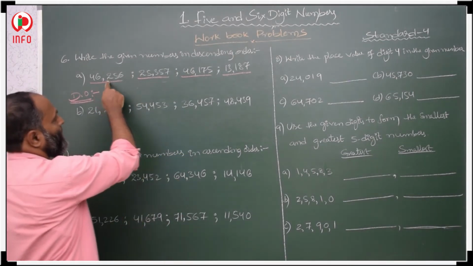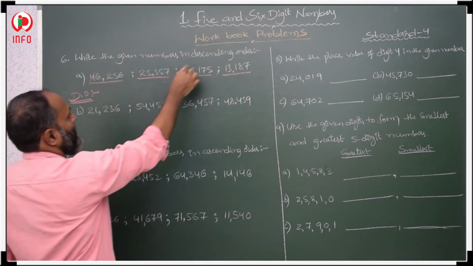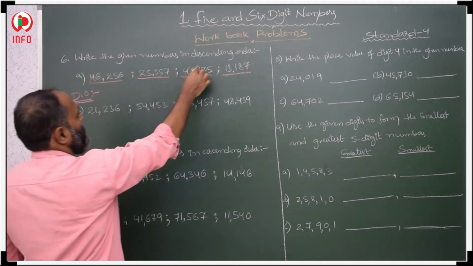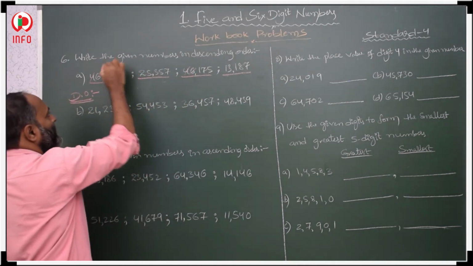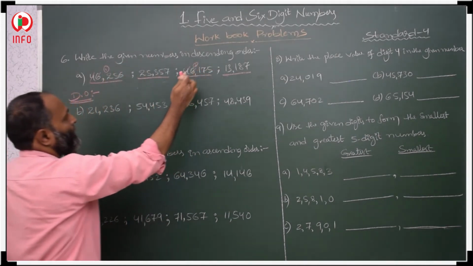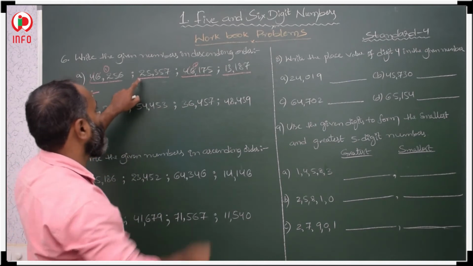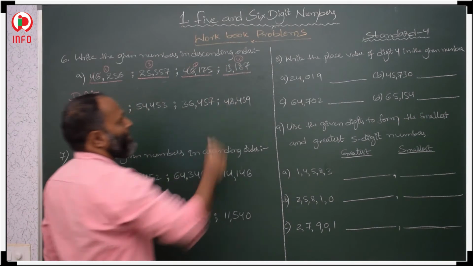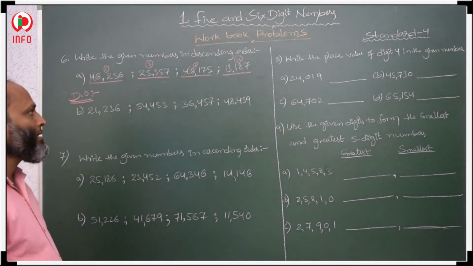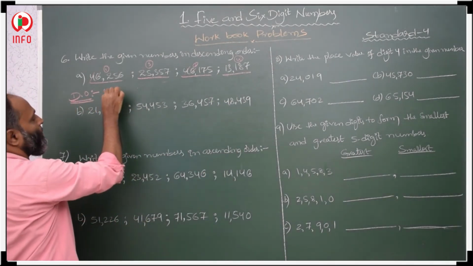So these two we have to compare. In this, 4, 4 is there, and after that 6 and 6 is there. Here 2 is there and here 1 is there. It means this is the biggest, this is the second. After 4, 2 will come. This is in third place. This is in fourth place. First place